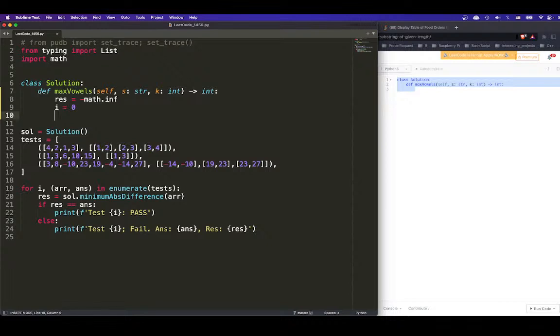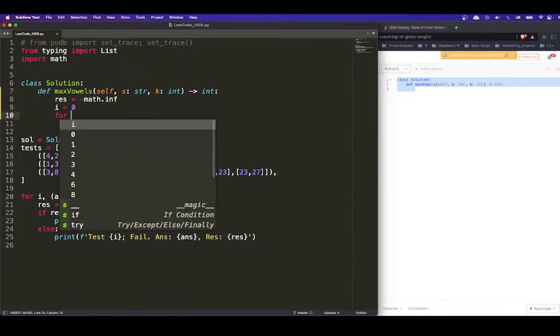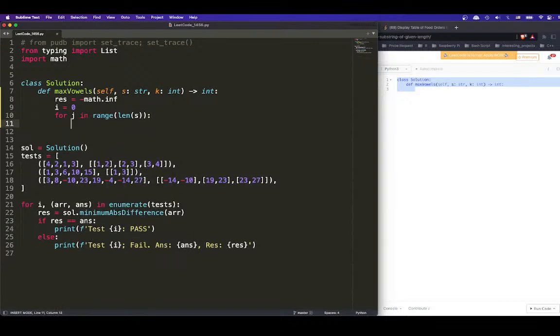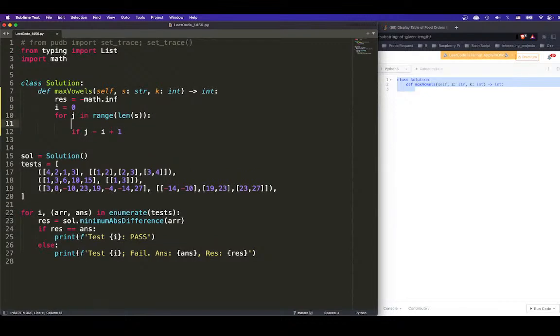Actually, we don't have to. It's fine, i equals 0. So j in range, j will always go down to the end. Alright, we say if j minus i plus 1 is... now we always add, and we just say